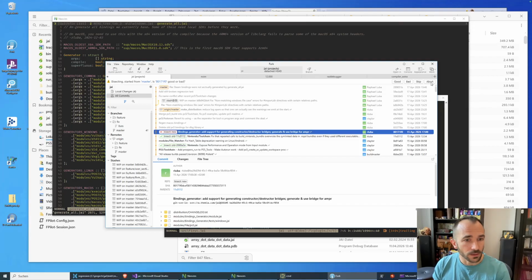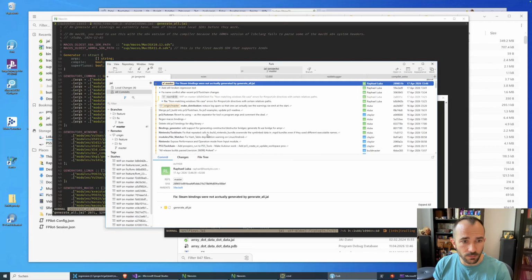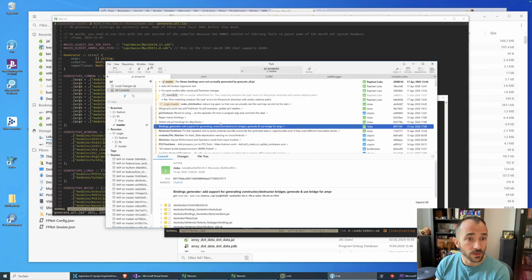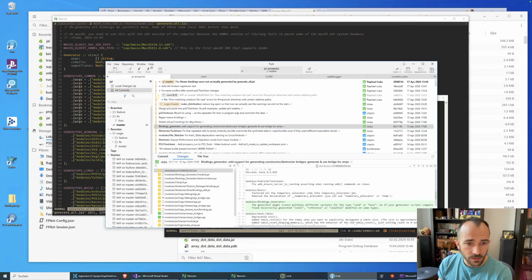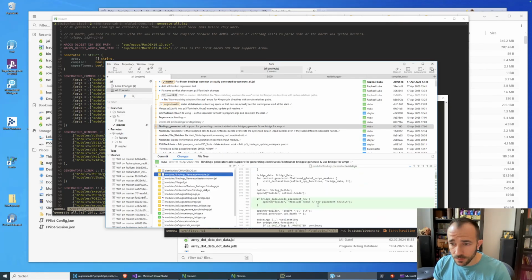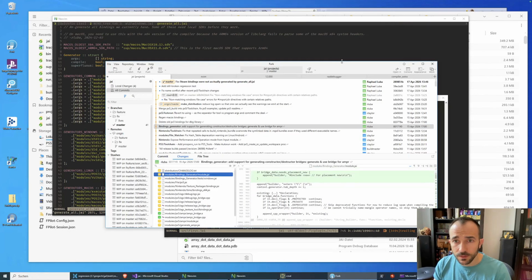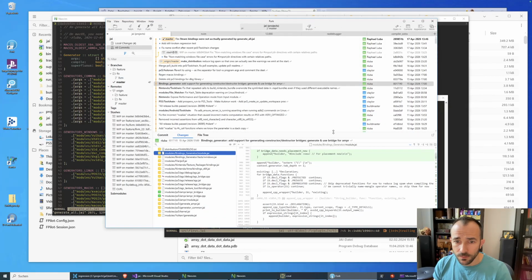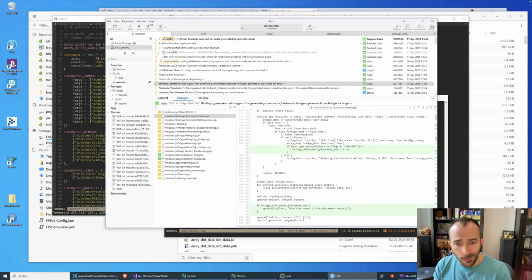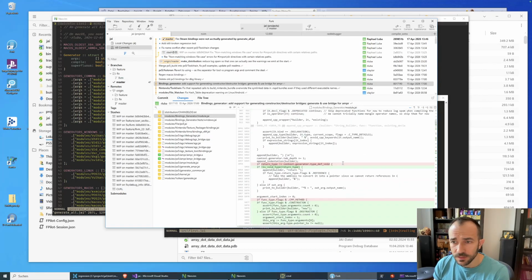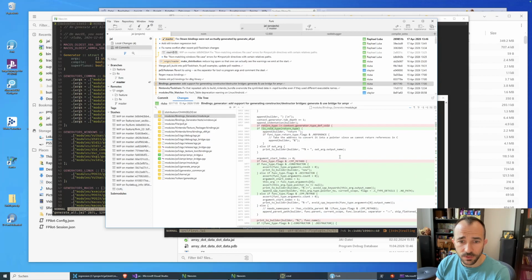Okay, we're gonna abort. We know that it happened here, so let's see what I did here that broke this. I did a bunch of stuff, but what happened here? I added placement new for bridge. I did a bunch of changes to improve bridge support.